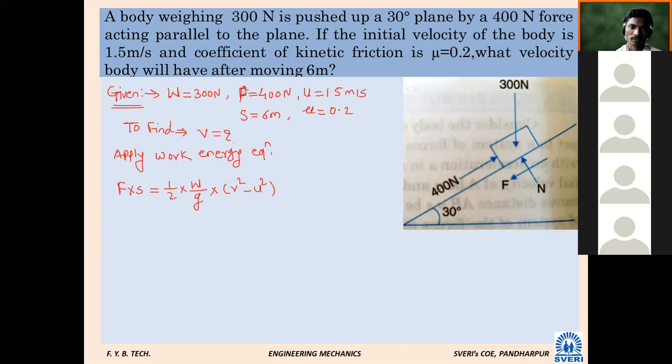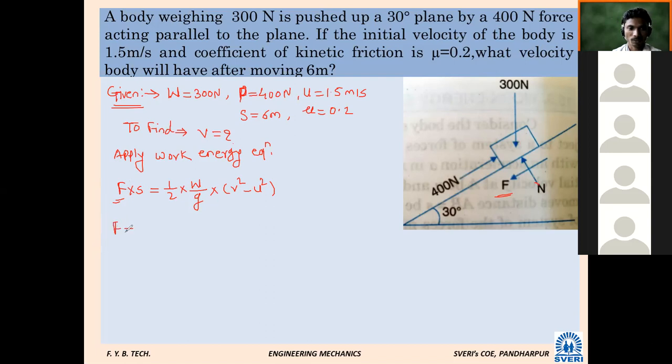In the way we were saying in our frictional problem, force P is applied to the body. Then we have to find the friction force, which is unknown right now. By resolution we can find it. For the body, this is the normal reaction perpendicular to this surface. We have to find the friction.